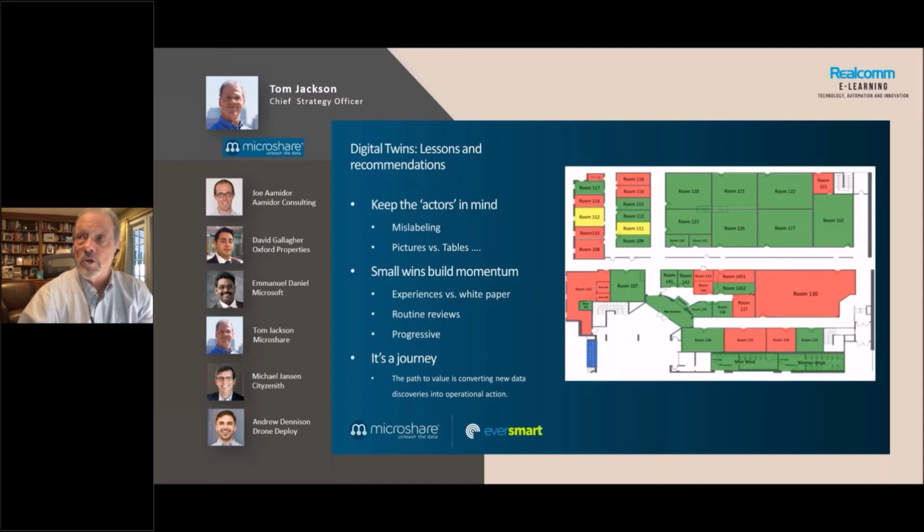Small wins build momentum. People learn by doing. They learn by experiences, not by reviewing white papers. And doing frequent operational reviews is very important, and to allow them to progressively build their changes is something that helps them as they move forward. It's always important to understand that movement down this path of digital twinning and operationalizing is a journey, and it